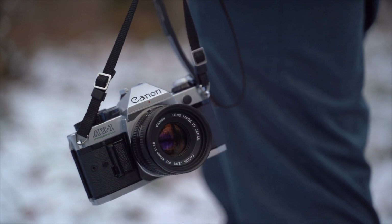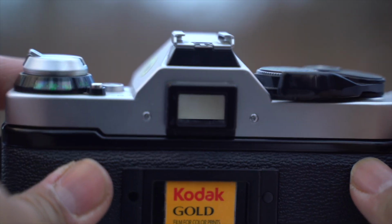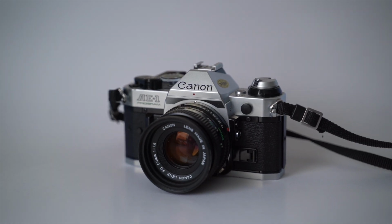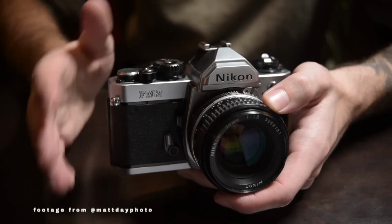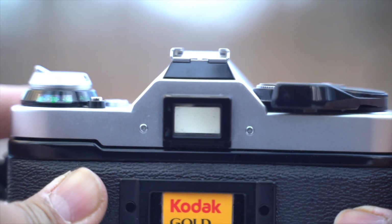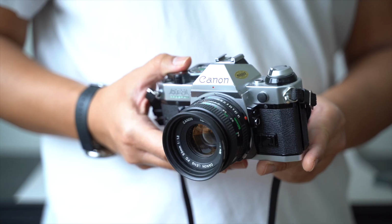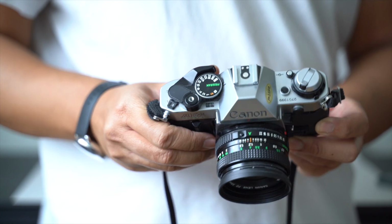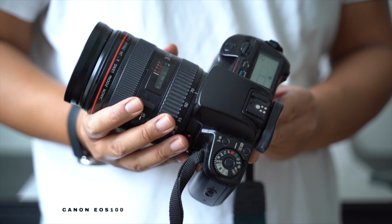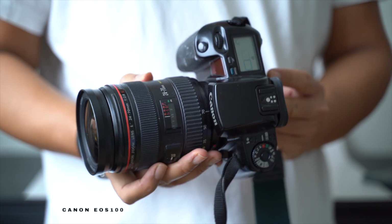First off, let's talk about SLR cameras, also known as single lens reflex. Popular models like the Canon AE1 or Nikon FM2 fit right into this category. With the SLR, you're looking directly through the lens, which means what you see is what you get. It's just like a sneak peek of your final masterpiece. This makes SLRs the perfect companion for those who crave accuracy and precision in their shots. However, SLRs tend to be heavier and larger than their counterparts, which might not sit well with those of you